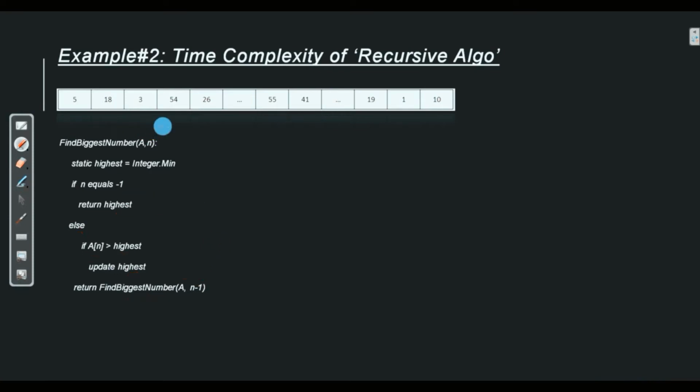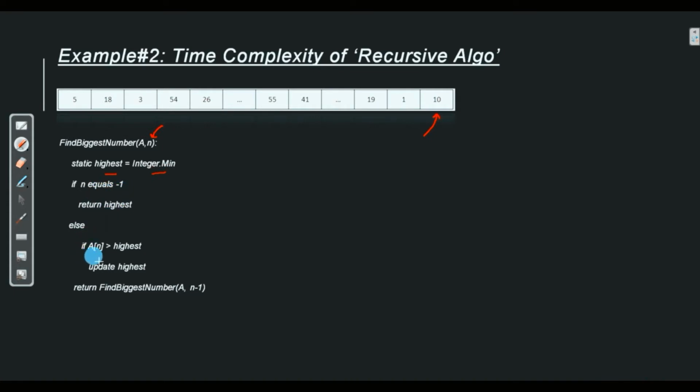So initially the value of n over here is the size of this array. That means n is right now pointing to the last cell in this array. Now we are initializing highest with Integer.MIN_VALUE. If n equals -1, no, right now n is not equal to -1, it goes to else.